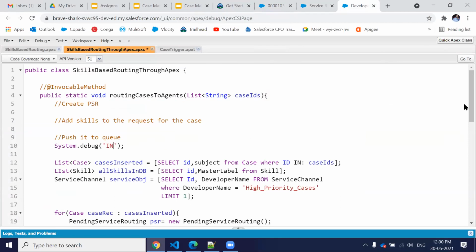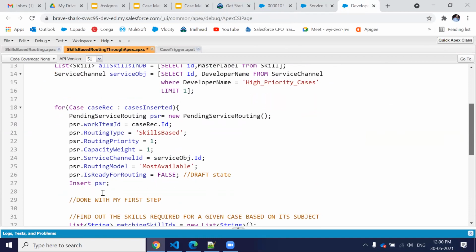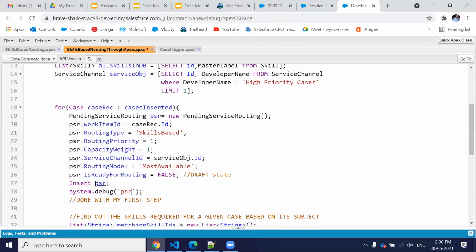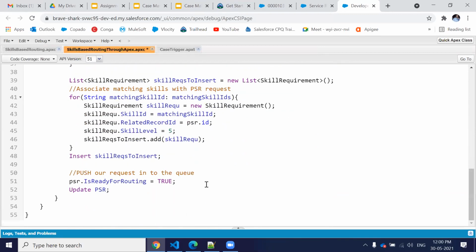Let's check whether the record is created or not. After this, System.debug psr, and once this happens, let's check whether this is updating or not.